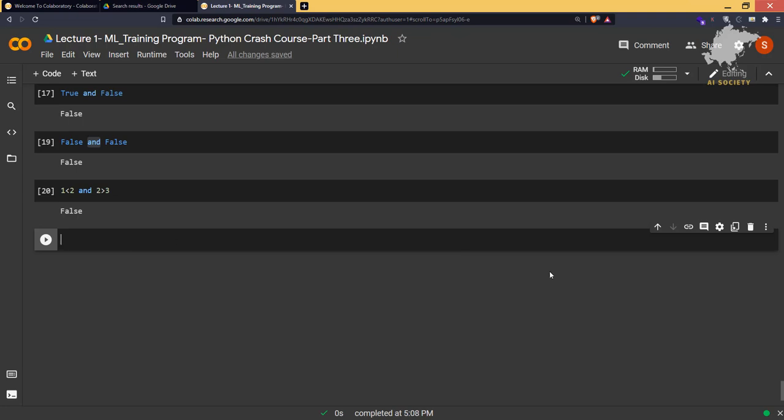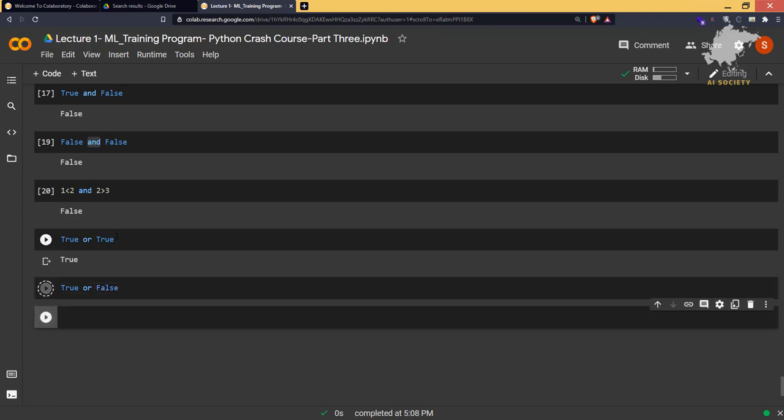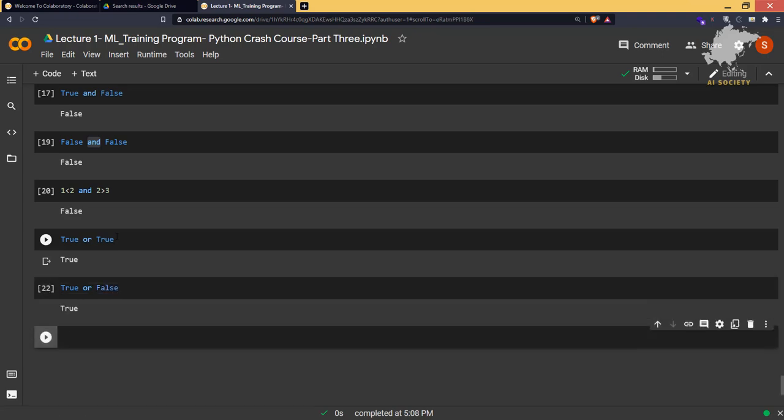Okay, in the same way we have one more similar operator, which is known as or. It will result in true when only one of the conditions is true. That means if I type true or true, it will give us true, and if I type true or false, it will give us true, because one of the conditions is true.